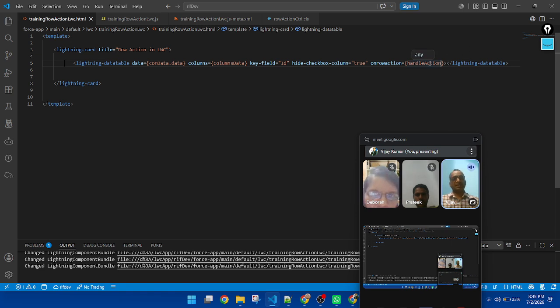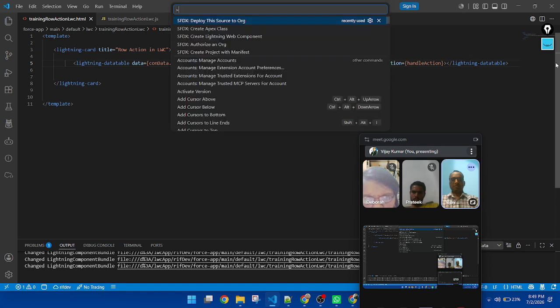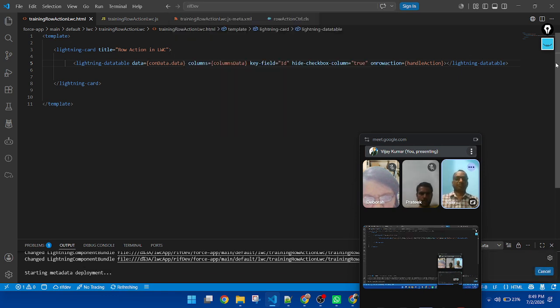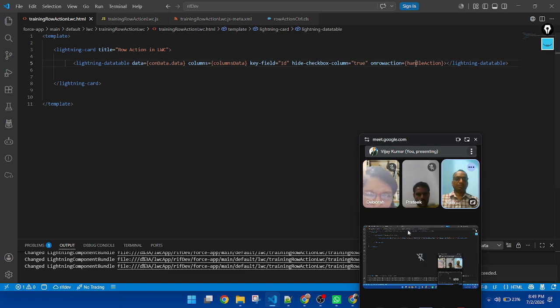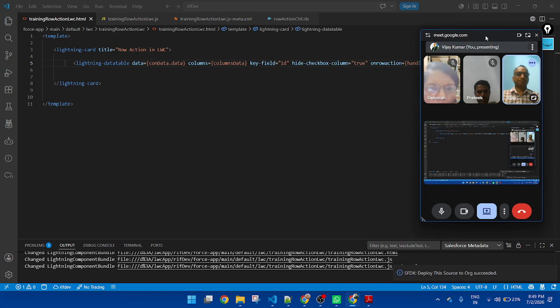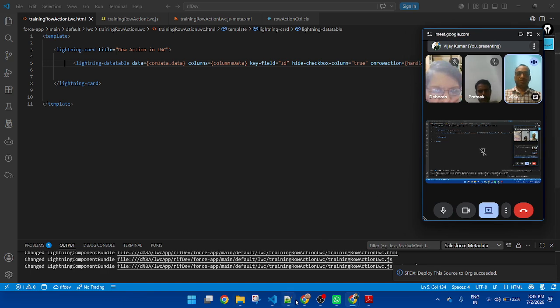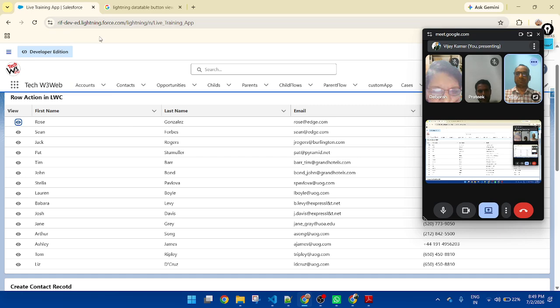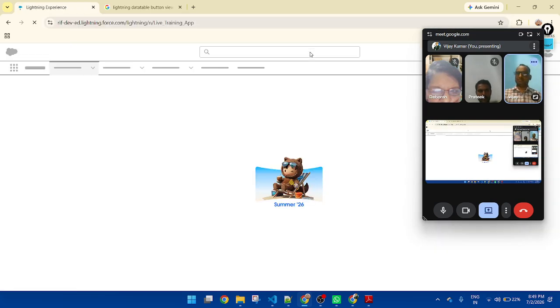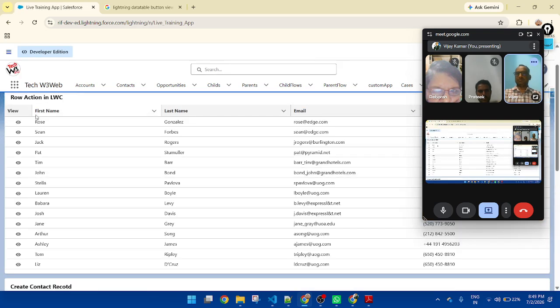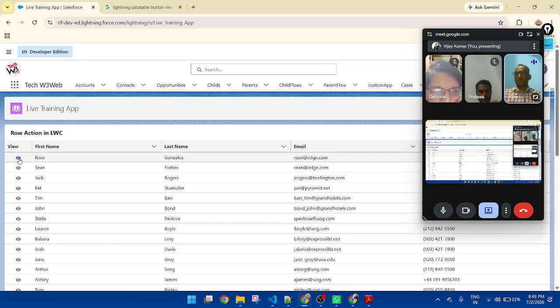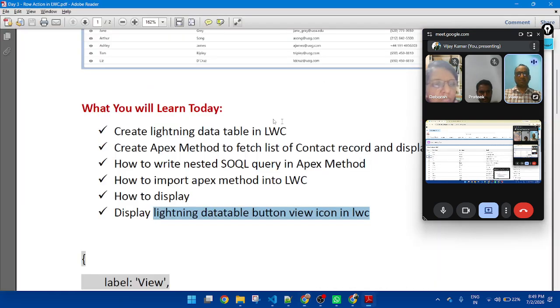So we need to create the handle action function in JavaScript. So when we click, this function will open the modal pop-up. Now let me save and deploy the code. Code deployed successfully. Now let me refresh. Okay, so once you click on the button, you can see the modal pop-up does not open yet. So the first part I completed.